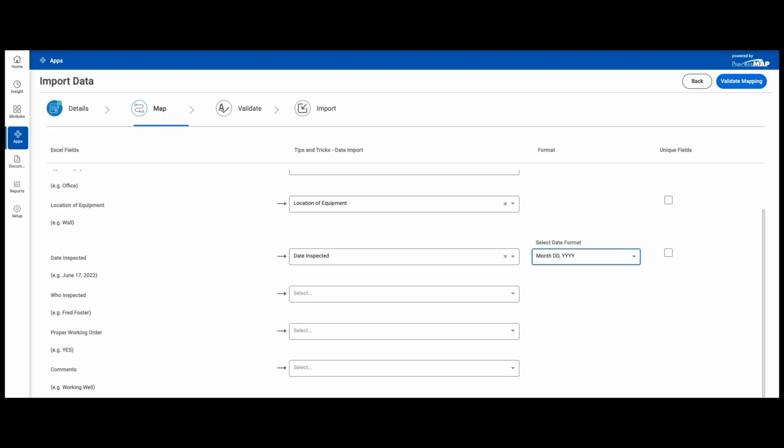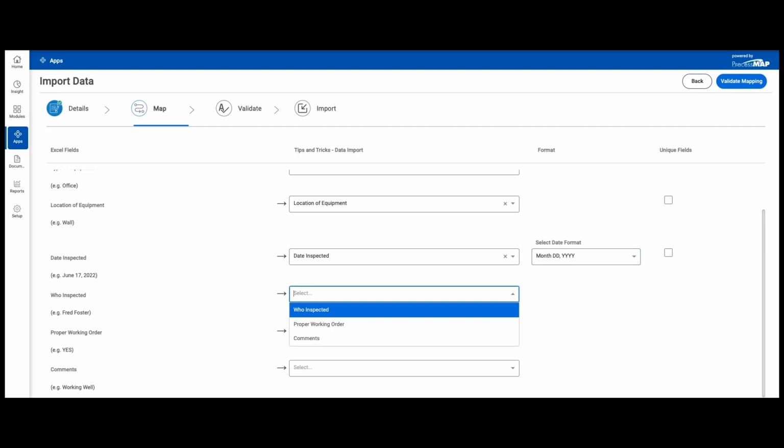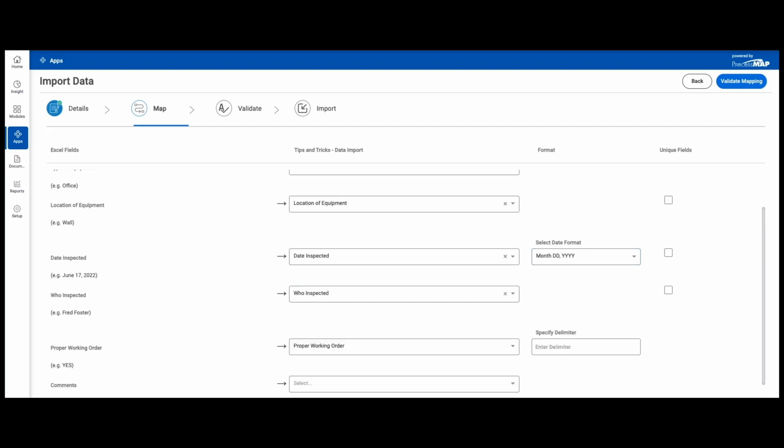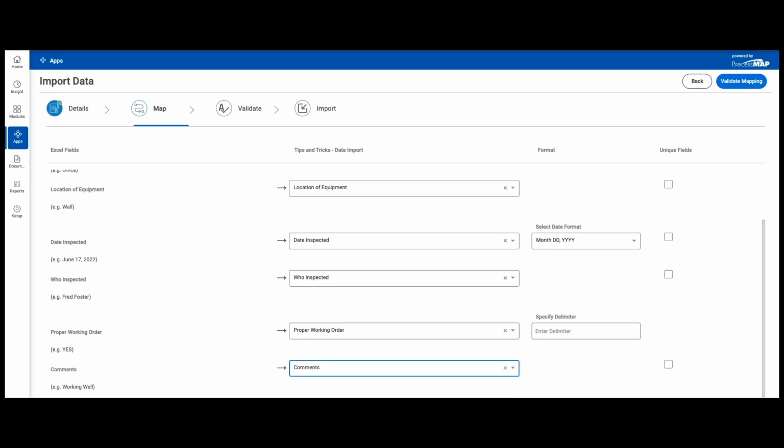Continuing the mapping, who inspected this? Is it in proper working order? And finally, my comment field. You'll notice on properly working order, it brought up another box that says specify delimiter. This field allowed for multiple selections. If I wanted to import multiple selections, I can separate them with a comma. So right in here in the delimiter field, I'm going to put a comma, and that's indicating that for the proper working order, if I put in multiple answers, they will be separated by a comma, and they will both